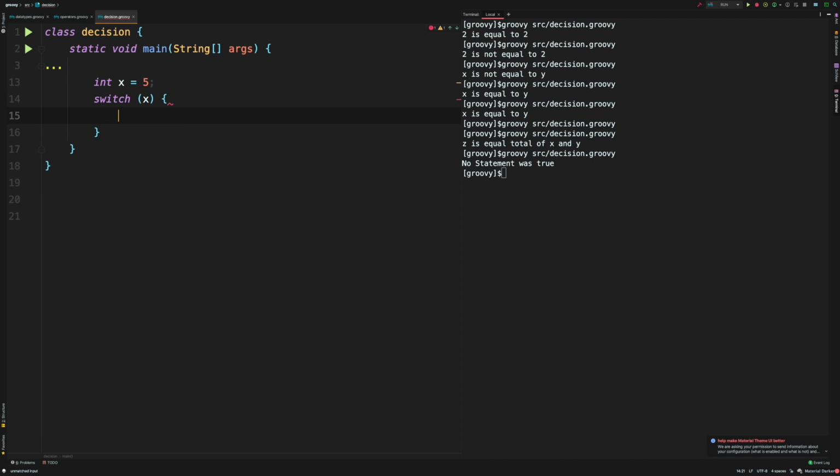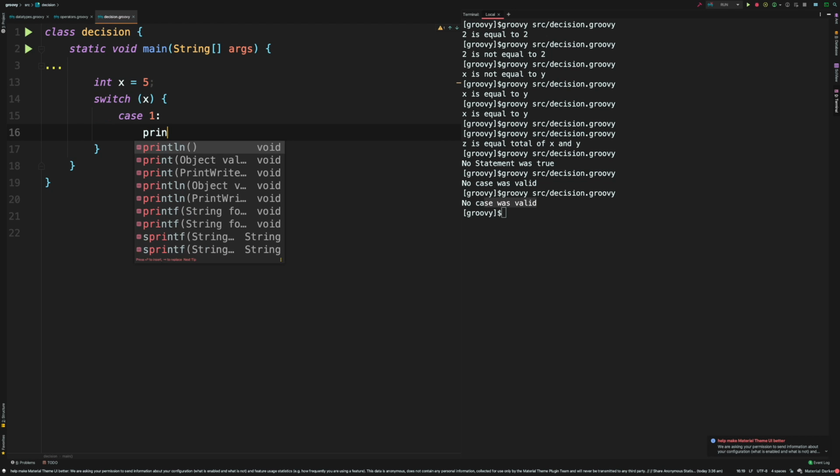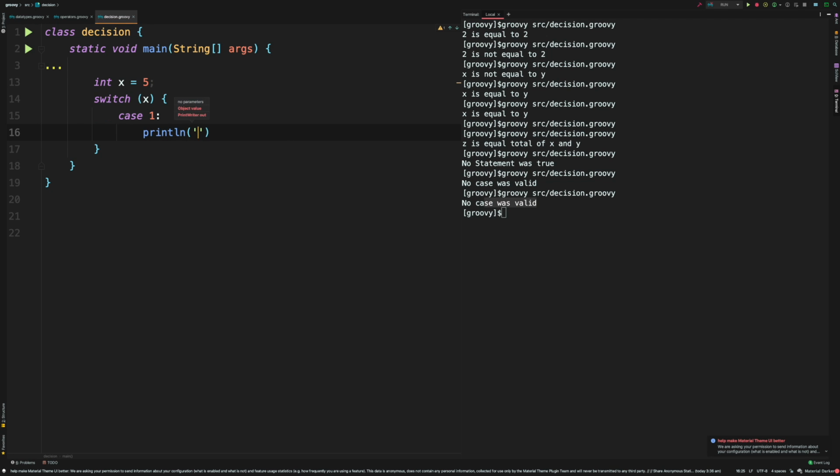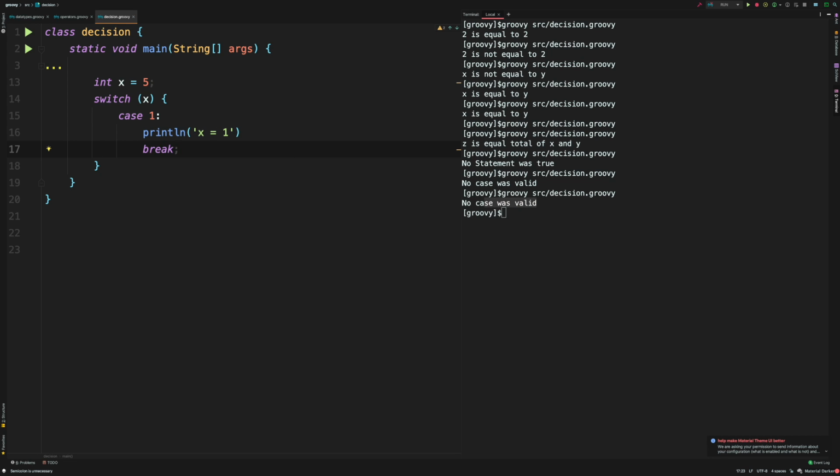I'm actually going to start the code block. Okay, now when we have a case, I'll define 1 colon, and then I'll define the println, and I'll say x equal to 1. Okay, and then every case has to have an exit loop keyword, which is break in this case. I'm going to define a couple more cases here.